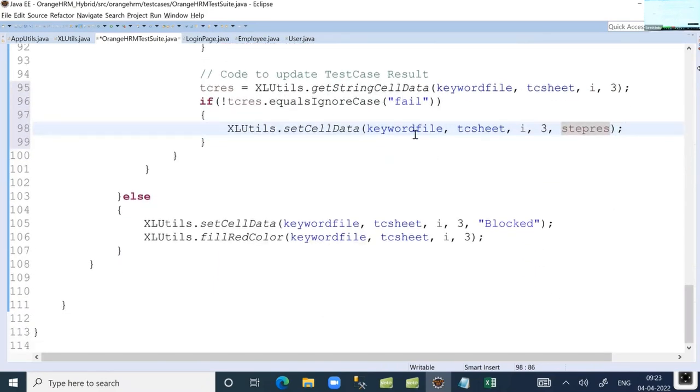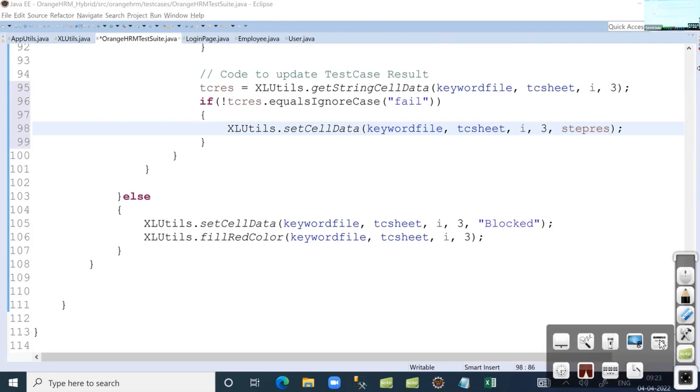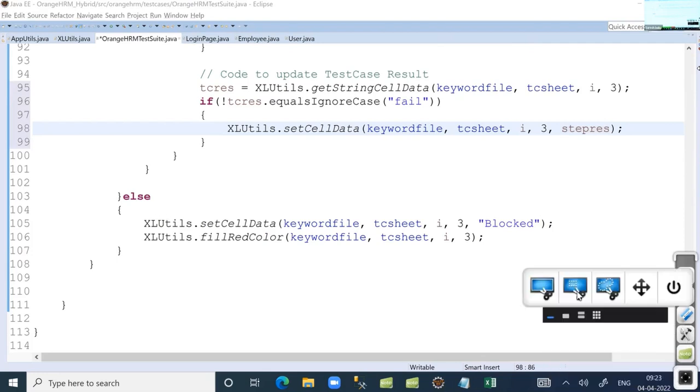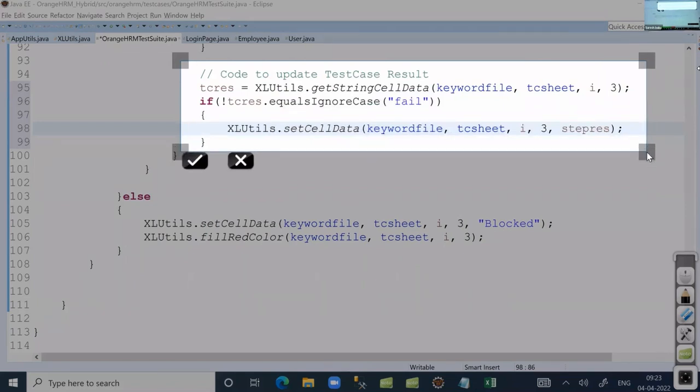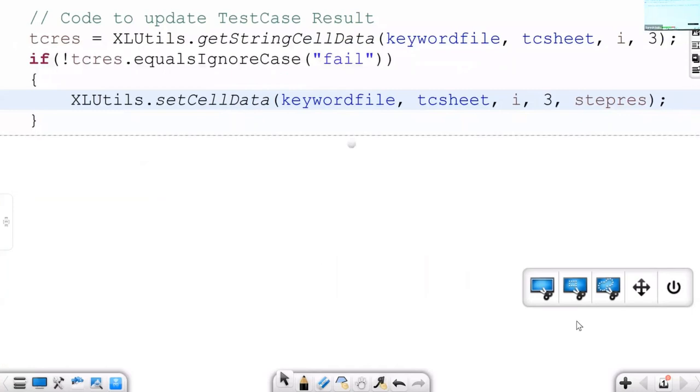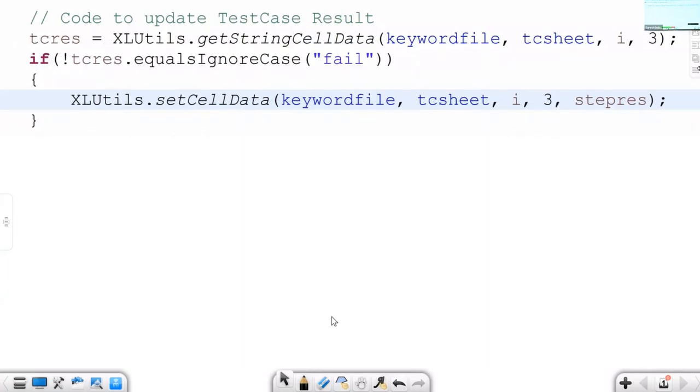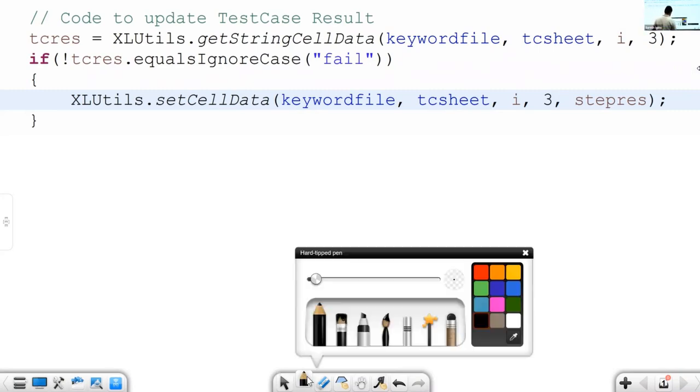Let me explain how my logic will work here. Let me teach how my logic will work. This is the code I have built for updating test case summary, correct? To explain my logic,